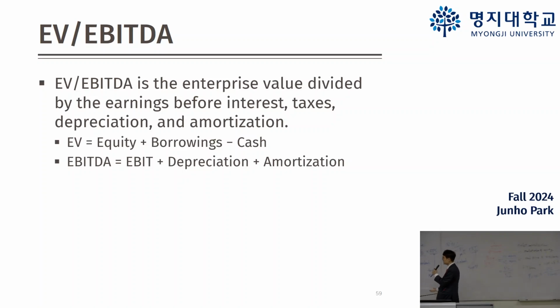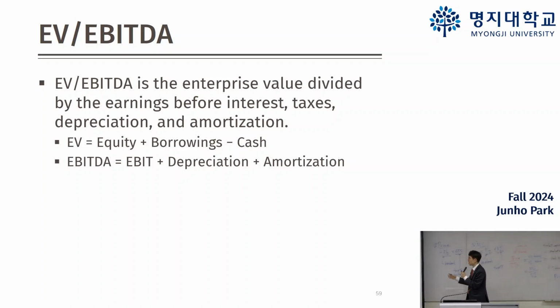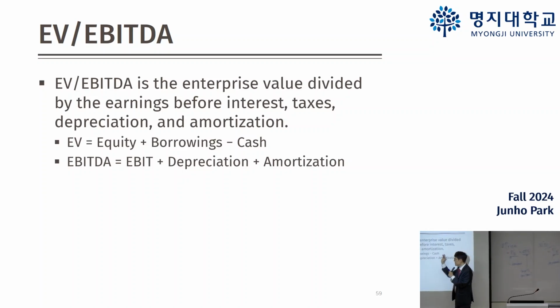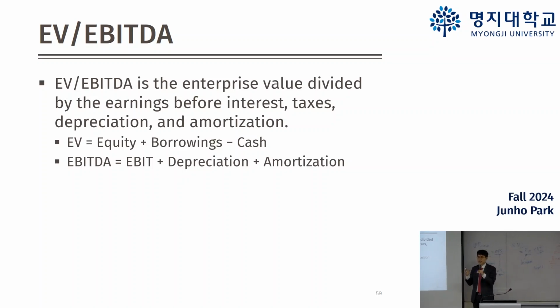If you are not familiar with the accounting, you may be confused about the amortization, what it is. You can just think of amortization as similar to depreciation. Generally speaking, and I'm not an accountant so I may be wrong, depreciation is about the fixed assets, the assets that you can see. For example, the facilities, the factory, the computers, the desk, and this building. These